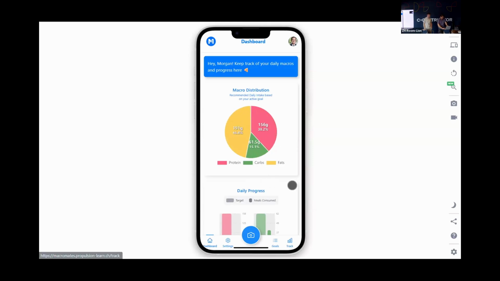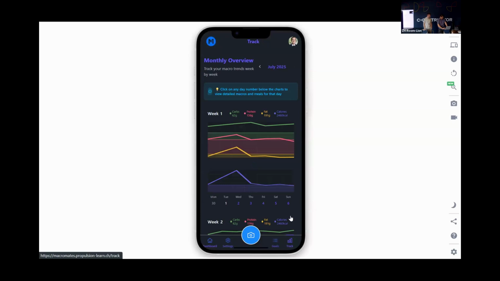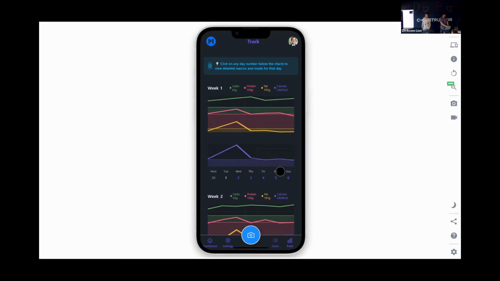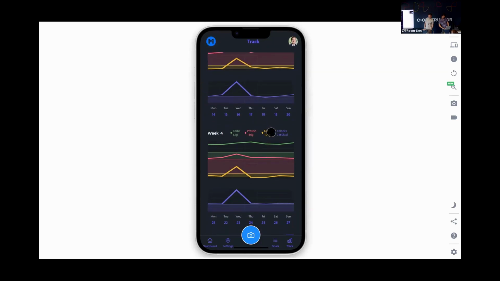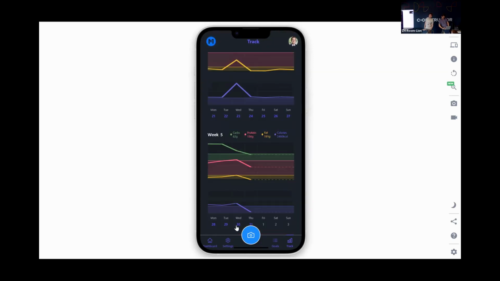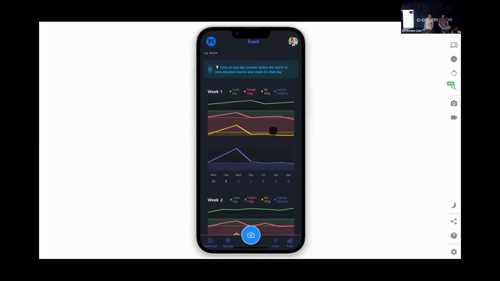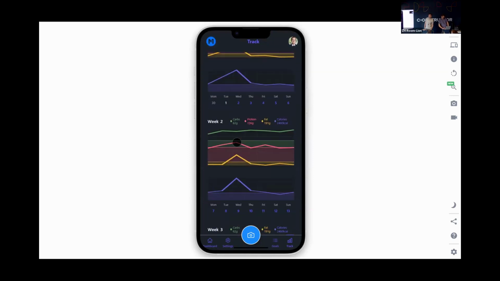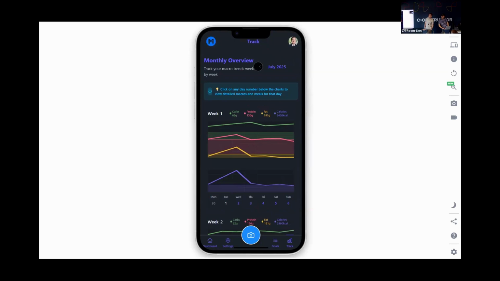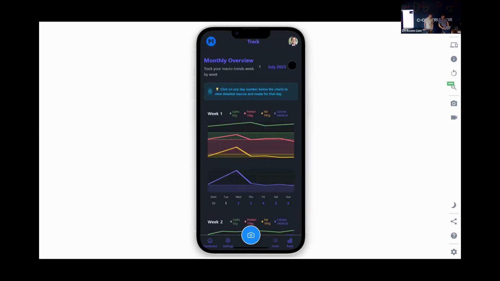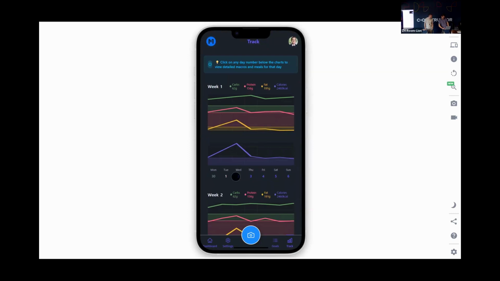The other great thing about this app is that Morgan also has the possibility to track his data over time. So now he can see his monthly overview. The green baseline is basically the amount of macronutrients he should eat by his goal. He can see what he ate today and what he ate yesterday. But now he can see, for example, that on Wednesdays there's always a spike in the data. Even if he goes back to June or so, it seems like he's always been eating something. So it's a great thing that users can track their macros.